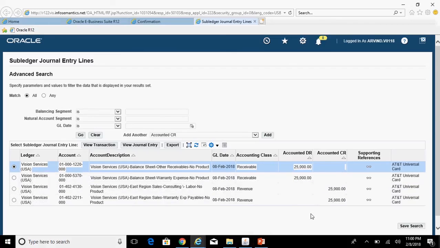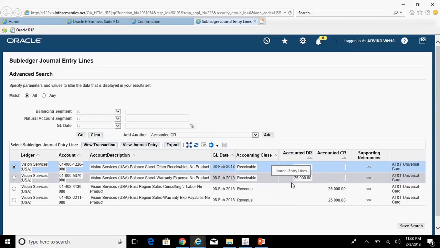I have taken an example wherein the warranty expense account and payable account has an amount of 25,000 which is equal to that of the existing invoice amount, but in a real business scenario it may not be the case. In a real business scenario, the scenario would be something like, I want to debit your warranty expense account and credit warranty expense payable account for say 10% on 25,000.